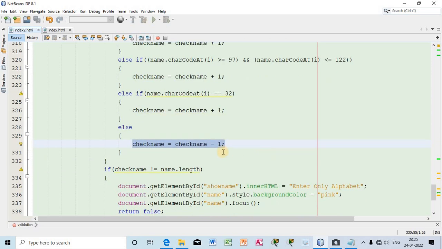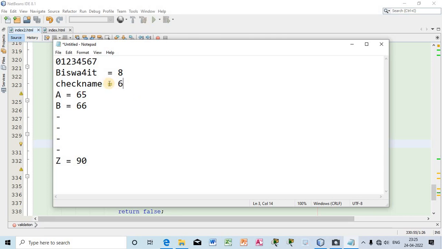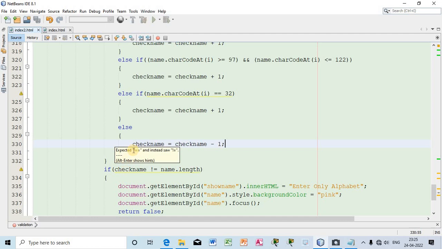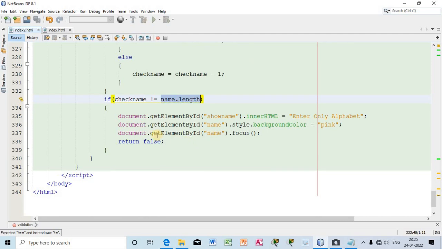That means check num will be check num minus 1. In that case, if any number or any special character is given inside the text field, the value of length will be 8 only, but the check num value will not be the same as the length, it will decrement, right? So that time this condition will work. See, if check num is not equal to name.length, the message will be shown: enter only alphabet, the color will become pink, focus will be taken to the text input field, and it will return false. Otherwise